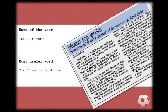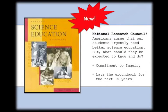That same year, we started to use the word soccer mom, and we also started to use the word dot com instead of just something at the end of a sentence. That year, of course, was the year that the National Science Education Standards were released. This was a pretty big event at the time, and it really